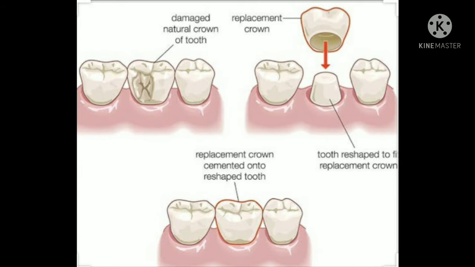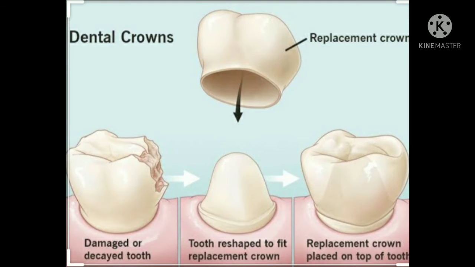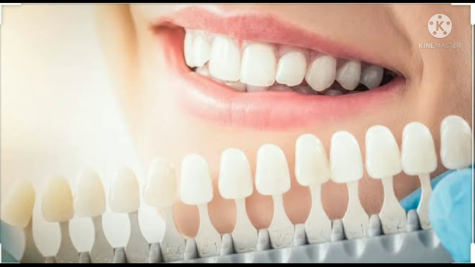When selecting the material for your crown, your dentist will consider factors such as your tooth's location, how much of the tooth will show when you smile, position of your gum tissue, function of the tooth that needs the crown, how much natural tooth is remaining, and the color of the surrounding teeth. You can also talk with your dentist about your personal preference.